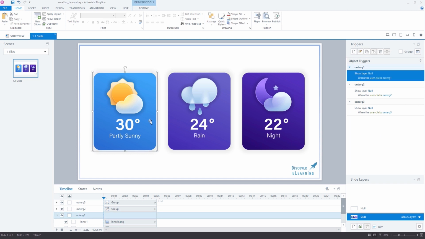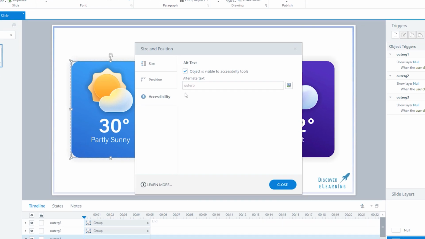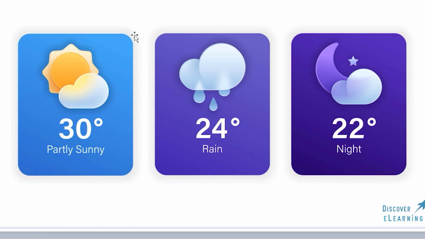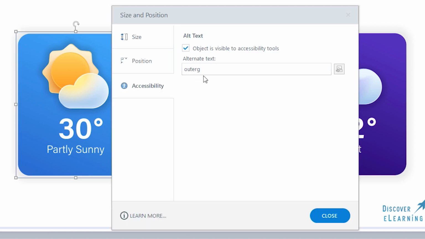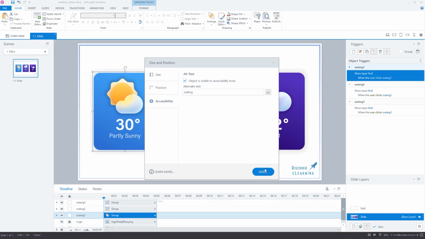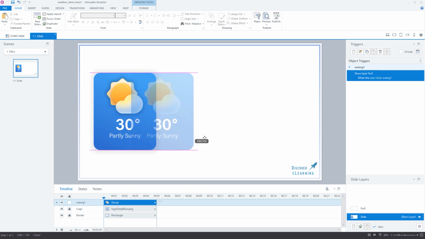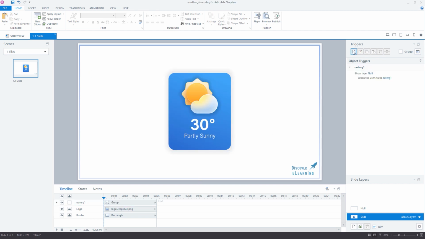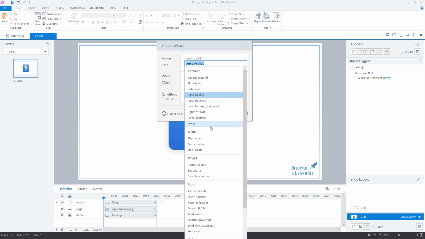Importantly, when we get to writing our JS code, I have applied an accessibility text value to both of the images as well as to the group that contains them. So make sure you have 3 separate accessibility text values in total. I'm actually going to delete 2 of these groups, so we'll just be working with one grouped image for the rest of this tutorial. Let's now get on with writing our JavaScript code, which we will trigger right at the very start of the timeline.